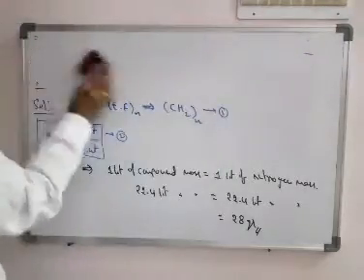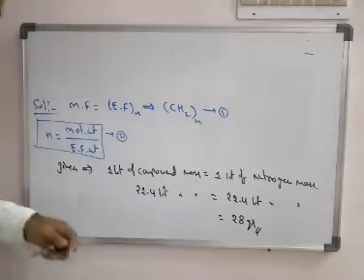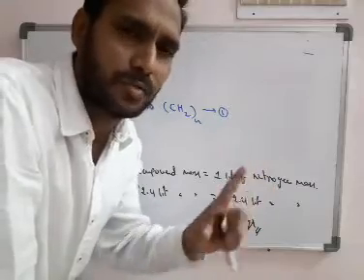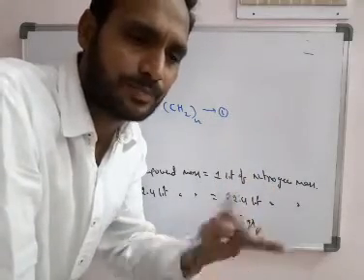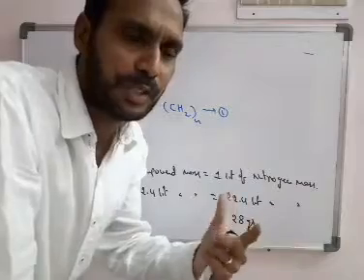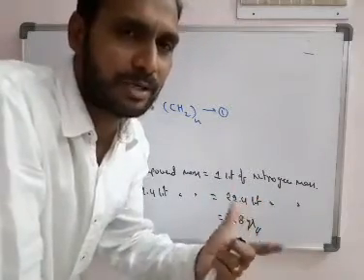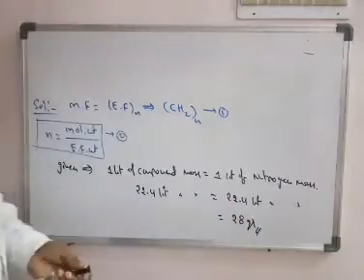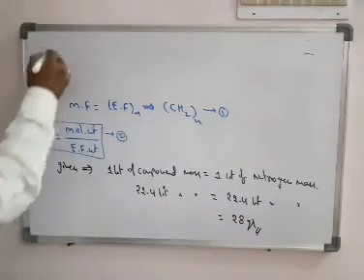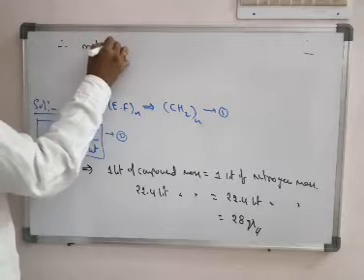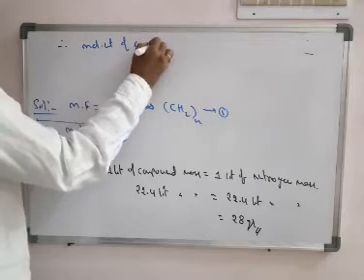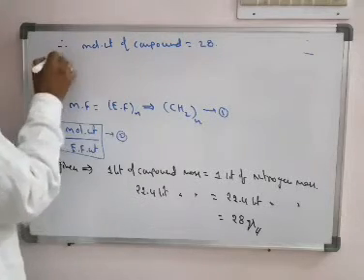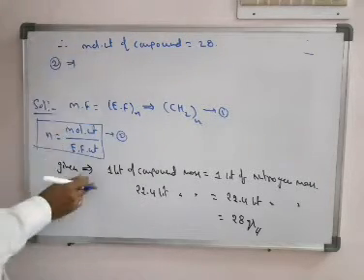Actually, if you are able to understand the problem correctly, you can write it directly, because 1 liter of compound equals 1 liter of nitrogen. So automatically 22.4 liter of the compound equals 22.4 liter of nitrogen, which is exactly equal to 28 grams. So indirectly it is given, therefore the molecular weight of the compound is 28. Substitute that in equation 2.